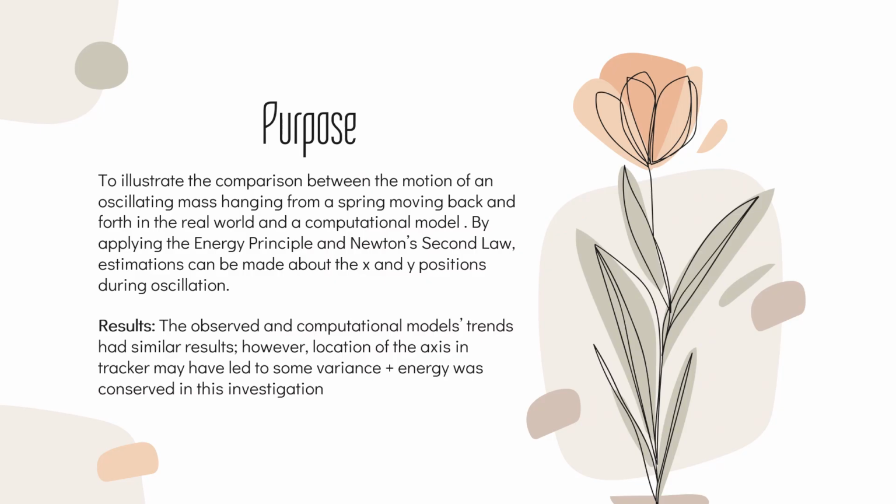The main objective of this investigation was to illustrate the comparison between the motion of an oscillating mass hanging from a spring moving back and forth in the real world versus in a computational model. By applying the energy principle and Newton's second law, we can make estimations about the x and y positions during oscillation. For a quick preview of our results, we found that the observed and computational models' trends had similar results. However, the location of the axis in the Tracker software may have led to some variance, and the energy was